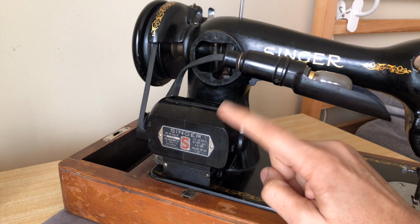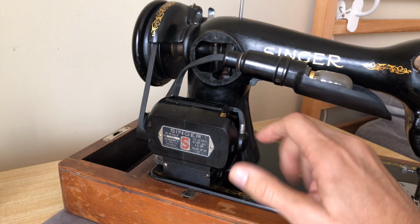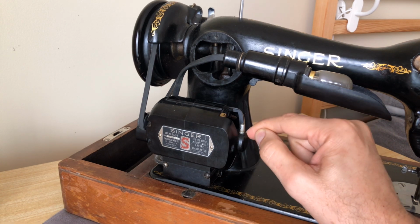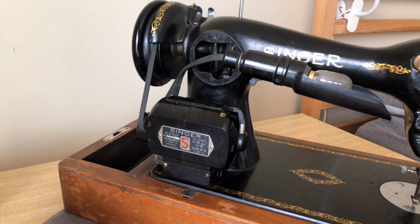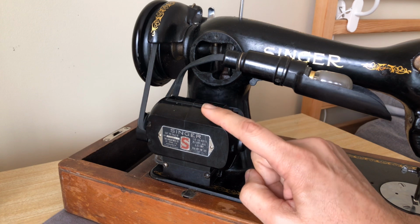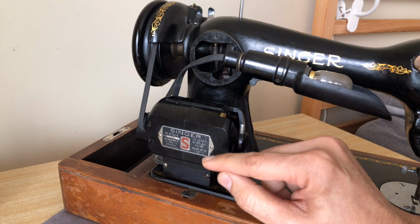This, of course, is the BT type motor that was used by Singer for decades. They made some changes and updates to it over the years. But I wanted to show this to you because I'm going to be servicing the grease wicks. Now this particular motor, this is not true of all Singer motors, but it is true of both the potted motors as well as a number of motors such as this that Singer had in production. You will also find these on Singer featherweights, although the motor is different, but you still have grease wicks that need to be